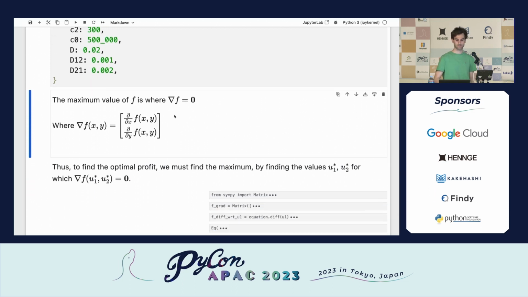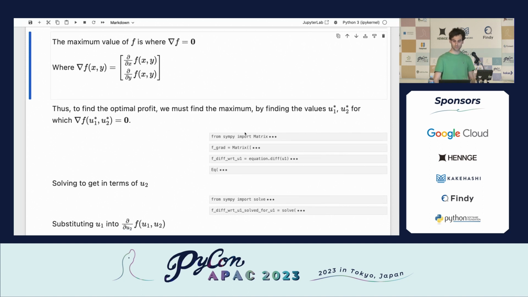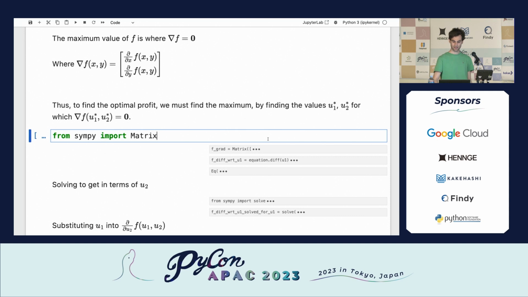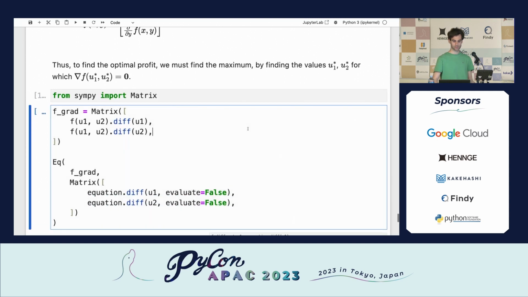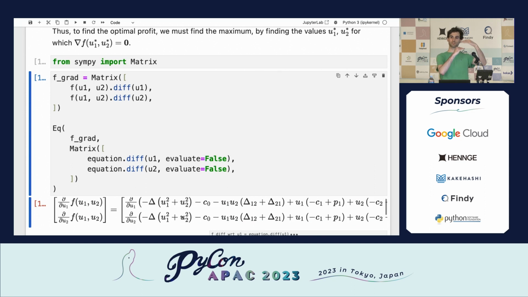So in this case, I've written out the maximum value is where the gradient of f is equal to 0, where the gradient of f is we derive parts of the function. And essentially, we want to find at what point the gradient of f equals 0. Again, don't worry too much, but we've got our matrix now, and we'll use our matrix to stack our equations,